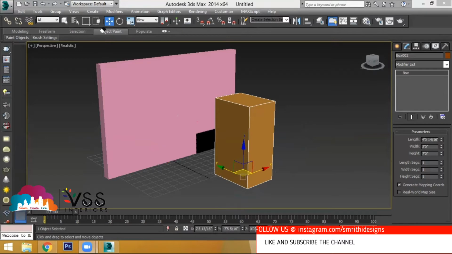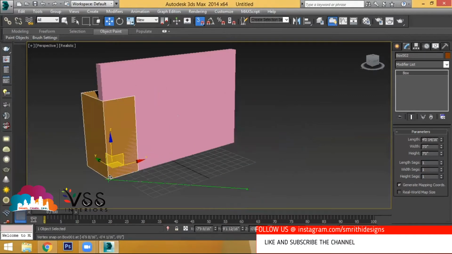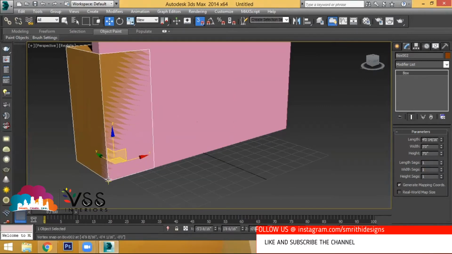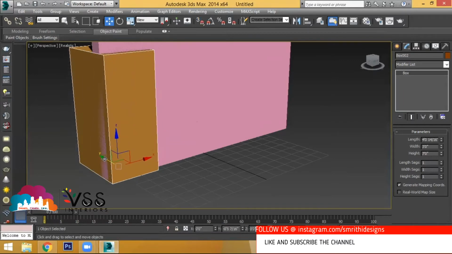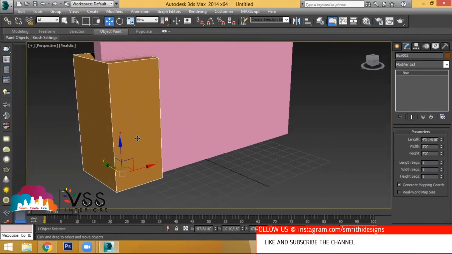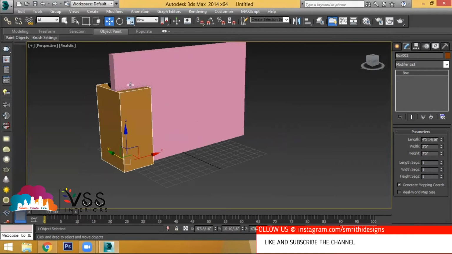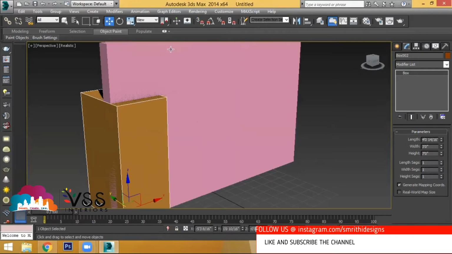Now let's say switch on snap, select the exact endpoint and fix it at this point. What I've done, I've switched on the snap option, dragged it to some point and fixed it at this endpoint, and switched off the snap now. So you can drag your y-axis, because anyhow you are making a hole inside this.